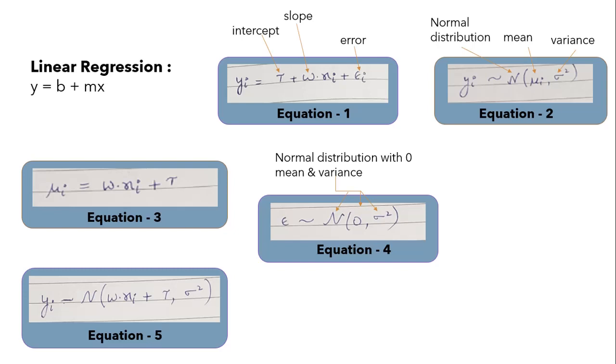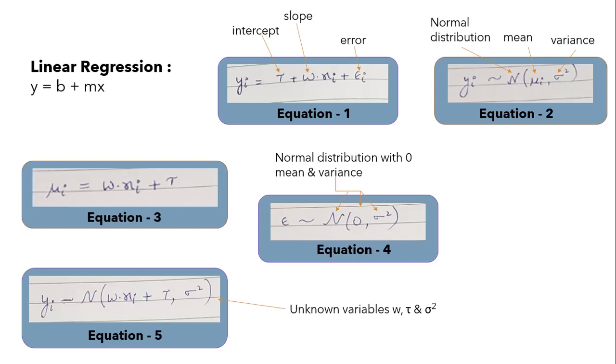So once we define the linear regression model using the notation shown in equation 5, we get three unknowns: w, tau and variance. In Bayesian learning, these unknowns are also called hidden or latent variables because we haven't seen the values of those variables yet. Therefore, we have to determine the parameters w, tau and variance using Bayesian inference given the x and y.